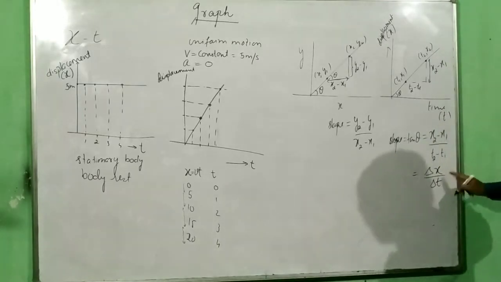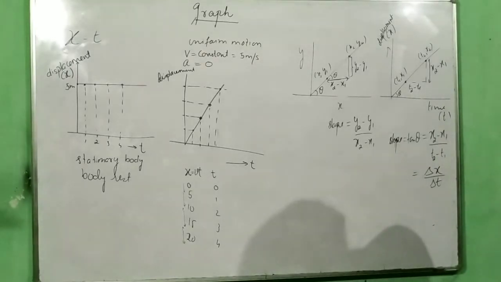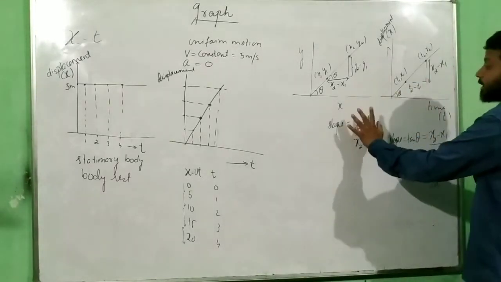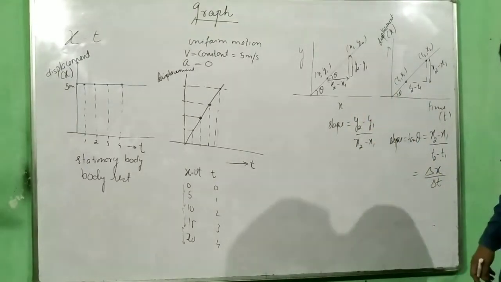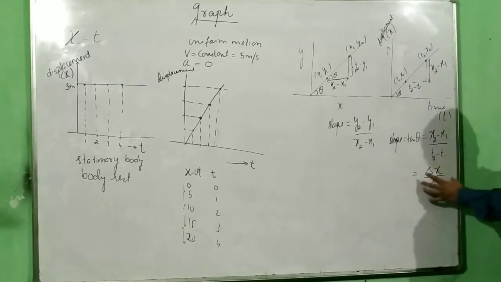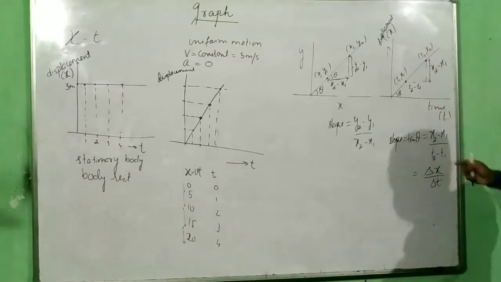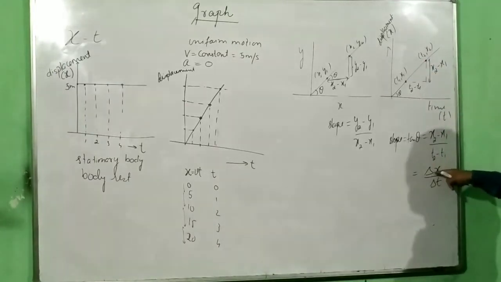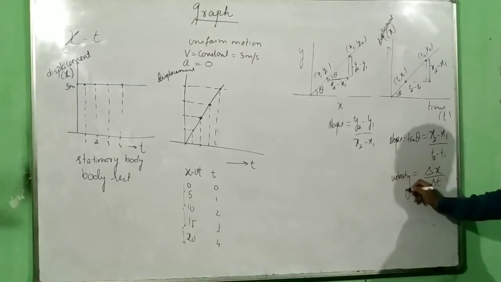And this, by basic definition, see what I'm going to do right now is relate this. What we are learning is maths. Slope is a mathematical term. Tan theta is a mathematical term. How is math going to benefit us? Now what you have got is a slope. As per maths, you have found the slope. But this slope has a physical name in this case, because you are doing change in position by time, and by definition, change in position by time is nothing but velocity.